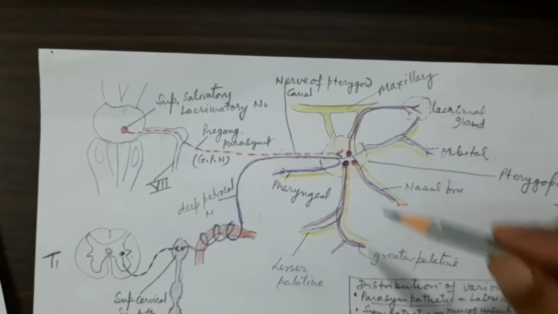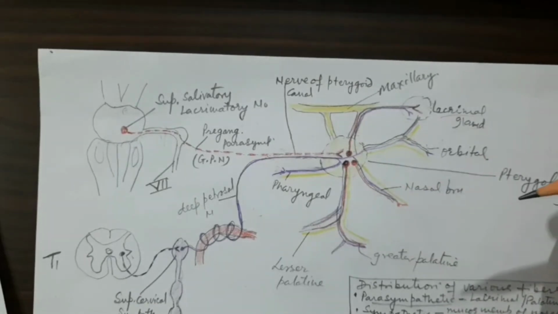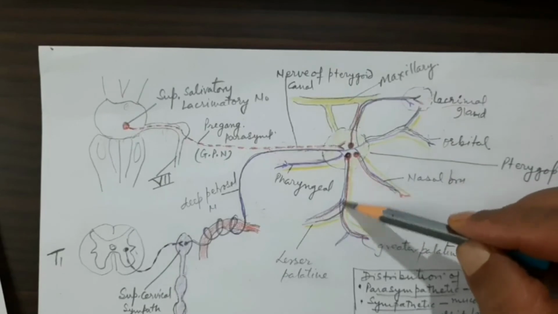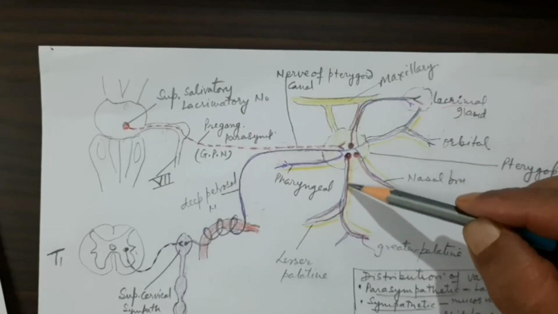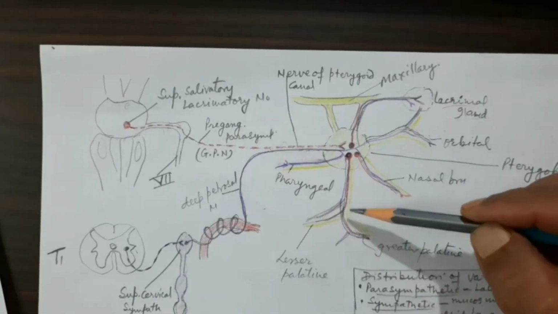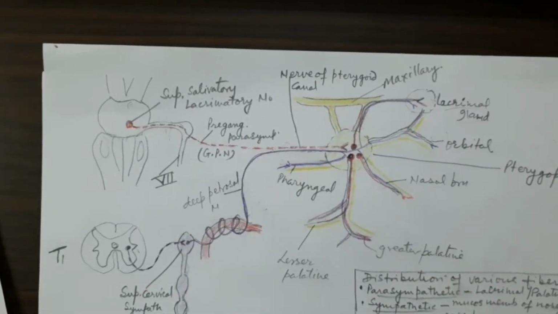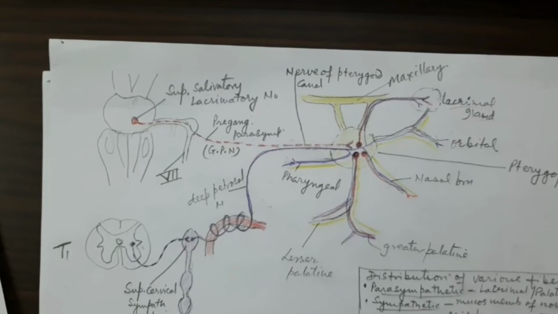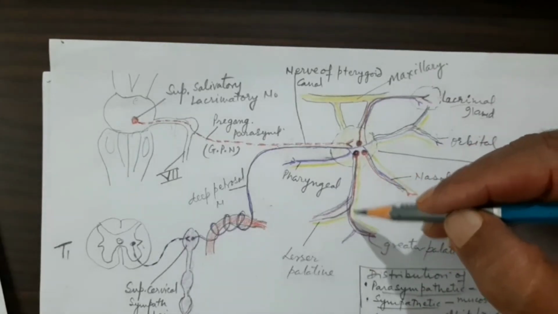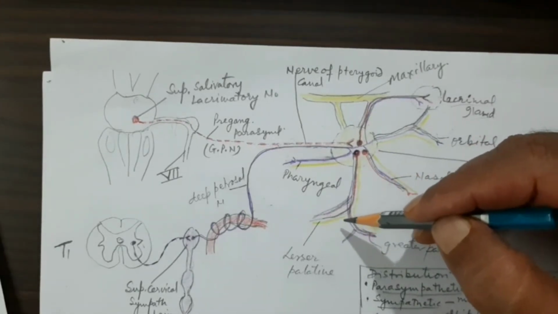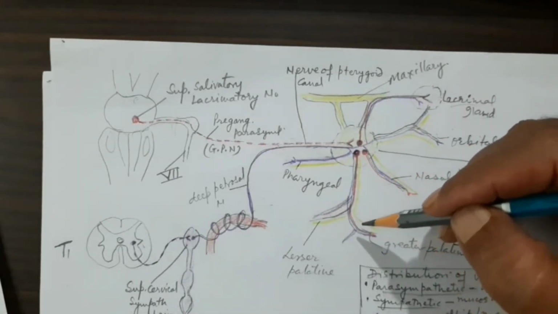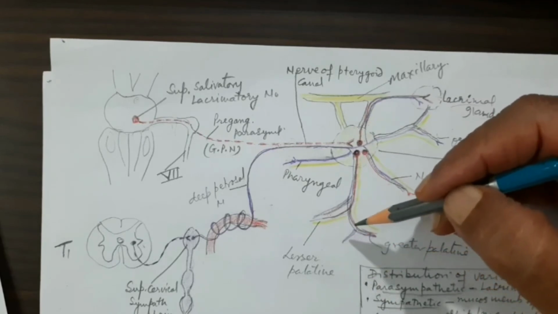So let us come to the second branch, and the second branch is the greater and lesser palatine branch. See here, downward, this is the palatine nerve which will divide into lesser palatine and greater palatine nerve, okay, and this will go directly downward from the ganglion into the palatine canal, and here it will come out through the greater palatine and lesser palatine foramina on the palate, okay, at the base of the skull,